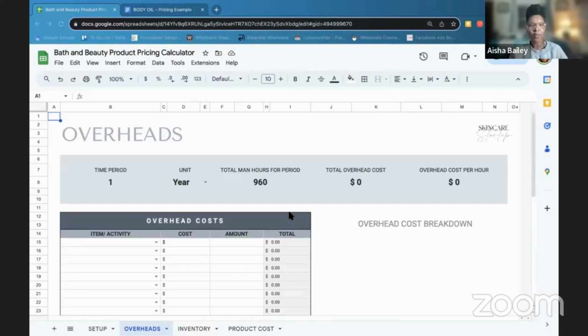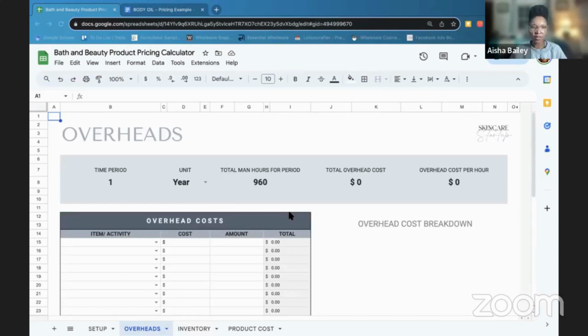Your home comes at a cost, and that cost has to be built into your products in some way. Because if you do not build them into your products, when you start to scale and you now have to rent a small area, you're going to now find that you have no room within your product pricing to factor